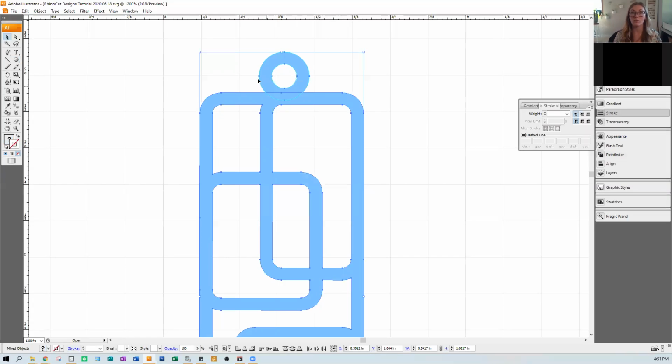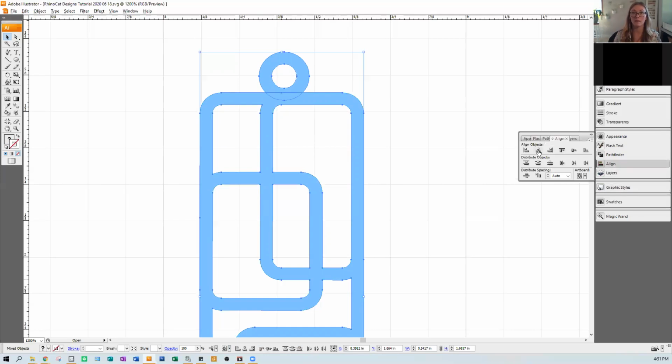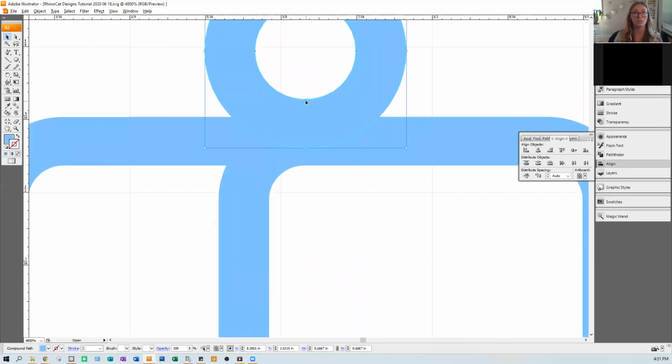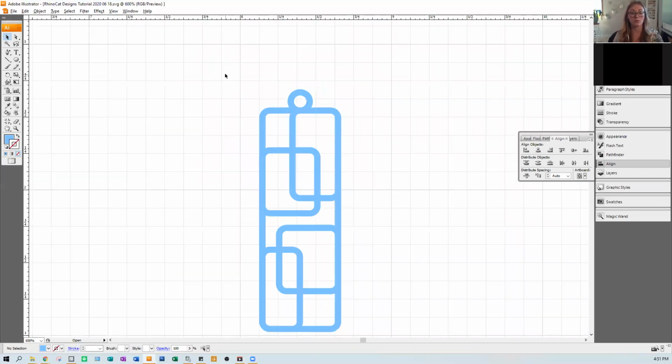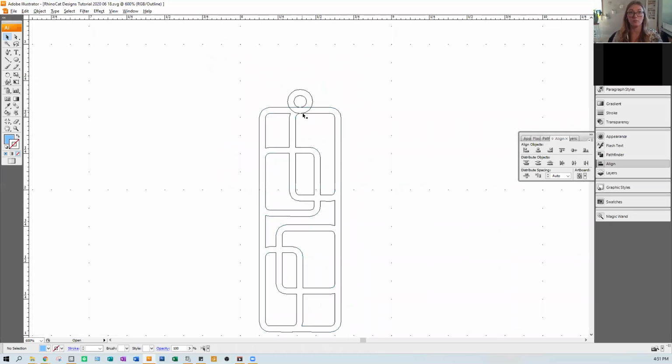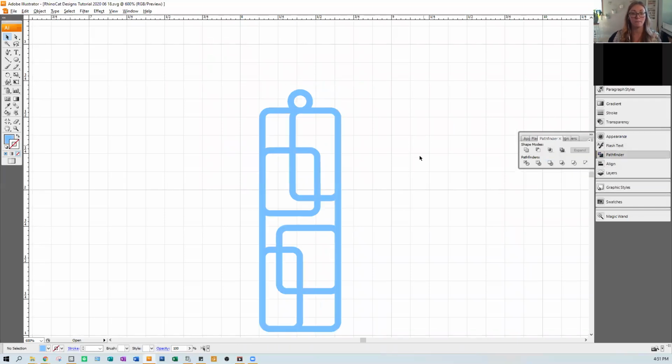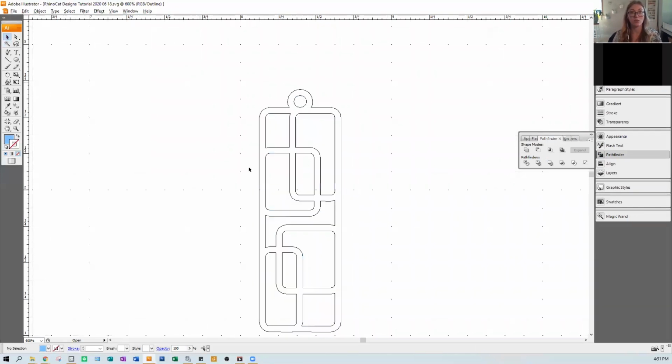So I'll select both, and I keep my Align tool down at the bottom here, but you can also save it over in your toolbar here. And I want them both to be centered. And I like to have this flush, so you can grab an anchor and scroll down, and now they are connected. So you'll want to merge these two as well because you don't want Glowforge to cut that out. So selecting both, going to Pathfinder Merge, you now have an earring. Oops. So Control Y,